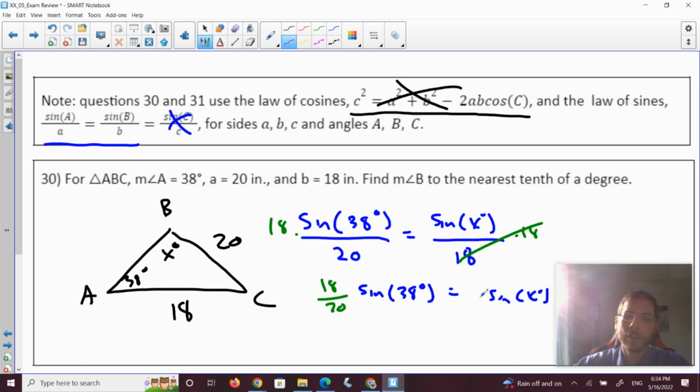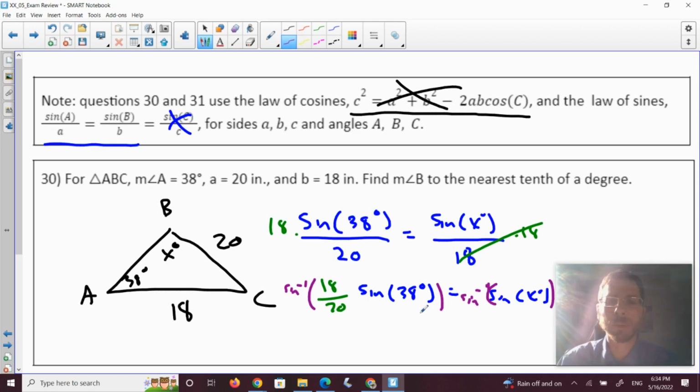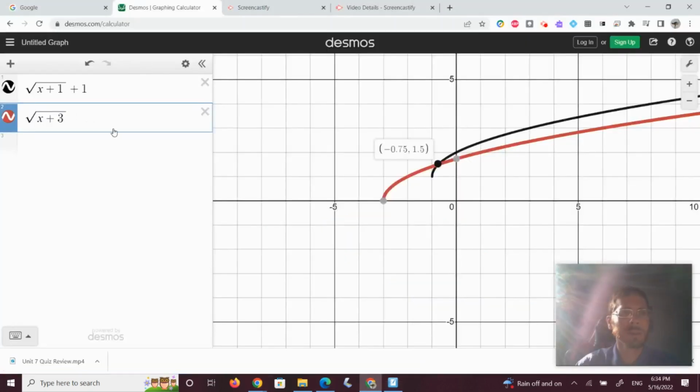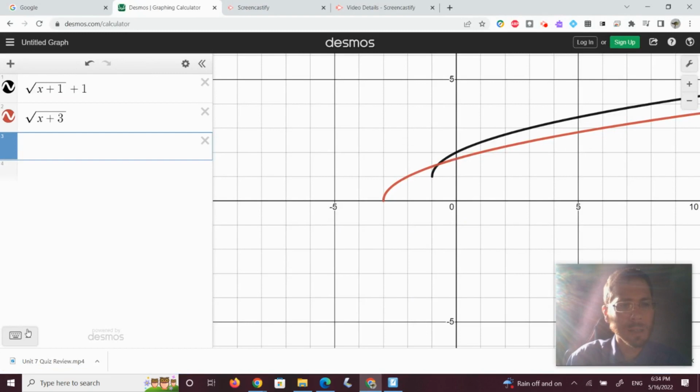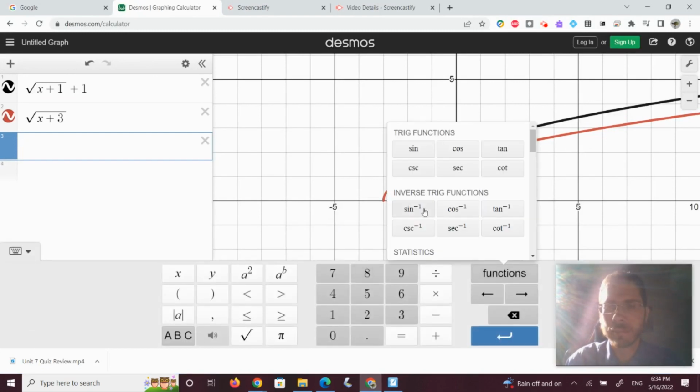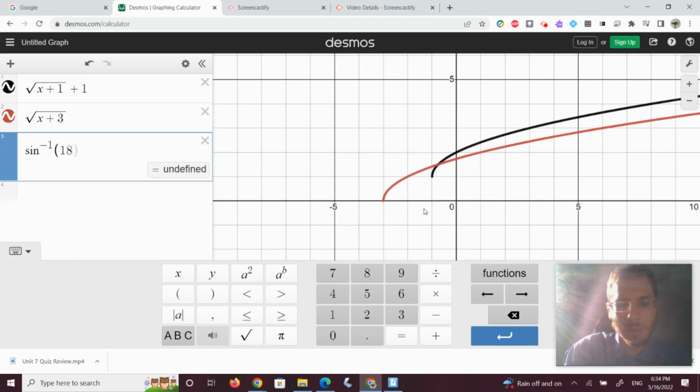And now to get the X by itself, I have to do the opposite of sine. So I have to do inverse sine. So I'm going to do sine to the minus 1 of this whole thing. The reason I held off is I got to put it in a calculator anyway. Anyway, so I'm going to put this into the calculator. You might not be able to see me for the last couple questions, but that's all right. So we got to do sine inverse. So let's go ahead and grab that. And we had 18 over 20